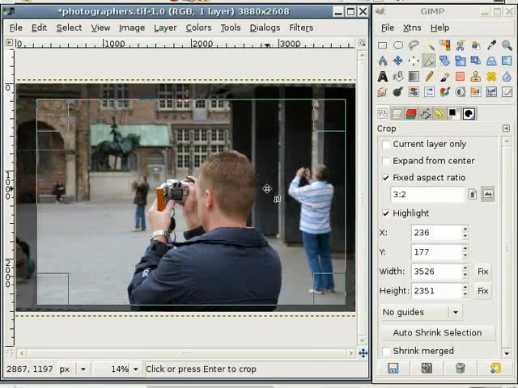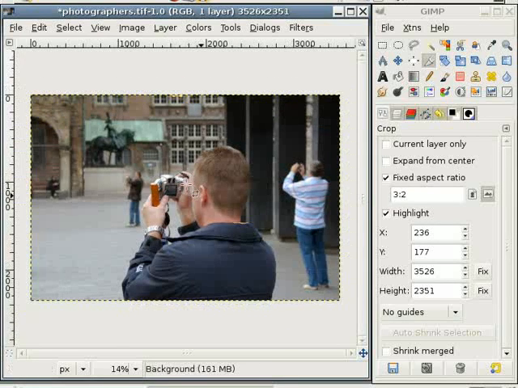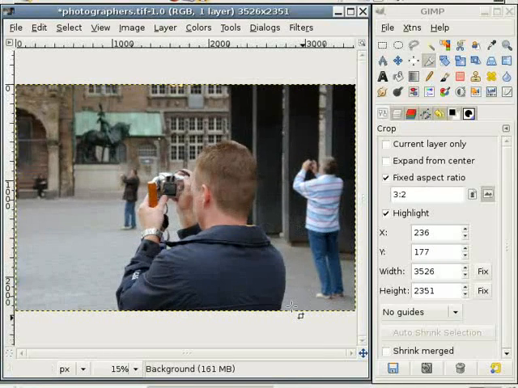I think this is quite good. Just click into the image, and here we have the cropped and rotated image. Shift, Control and E brings us again into the full view. Next step,